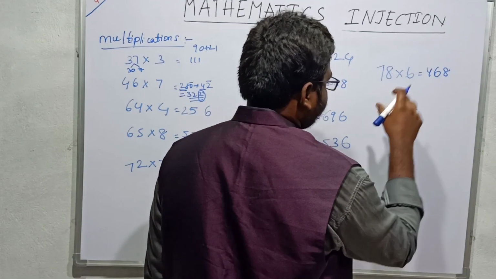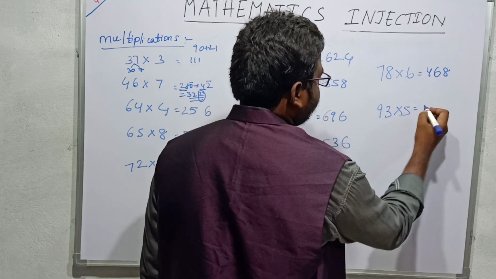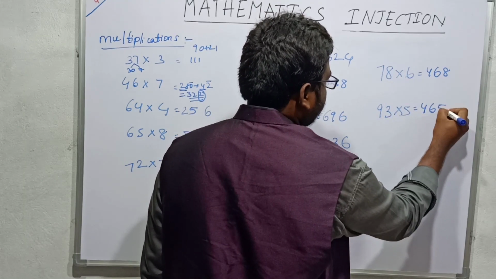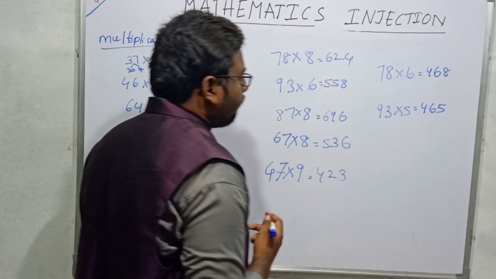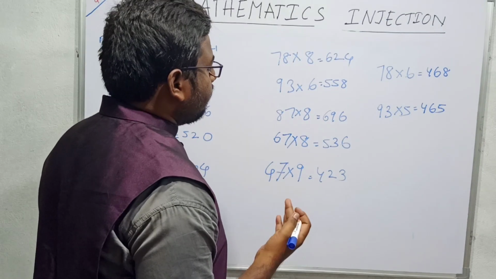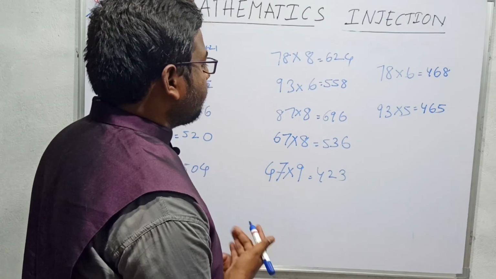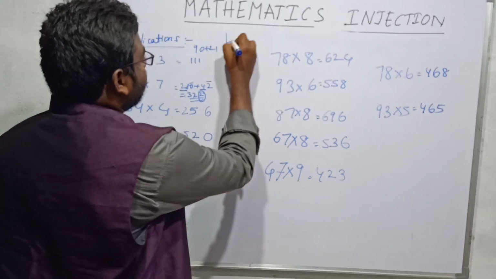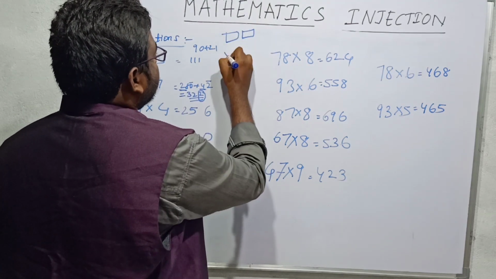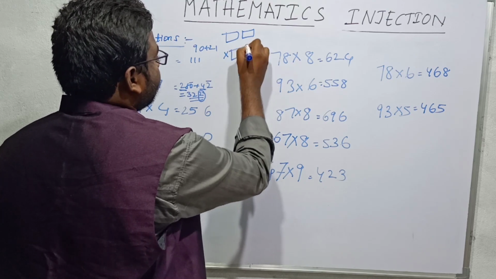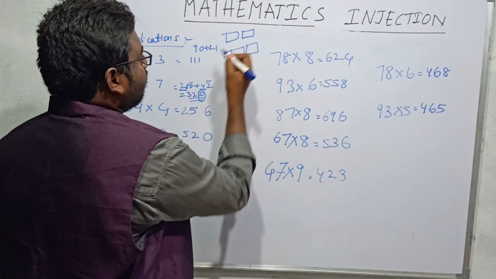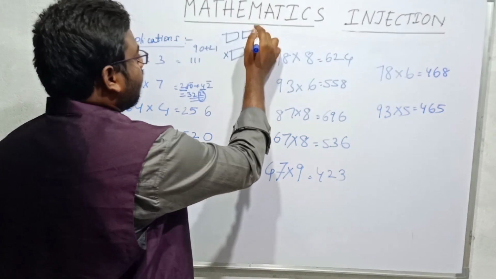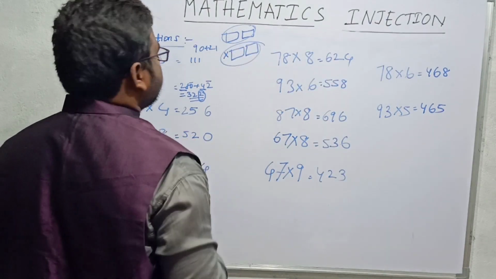5 9s are 45. 45 should be in mind. 5 3s are 15. 45 plus 1 is 46, and 5 will be the unit digit. If you create some more questions, solve these examples, and practice more, then we will be comfortable in solving a 2-digit number with a 2-digit number, where one of these numbers is known, either this or this. We will see this in the next case.